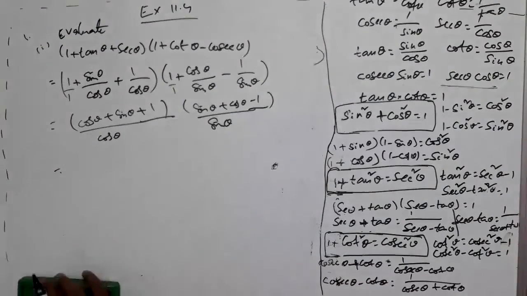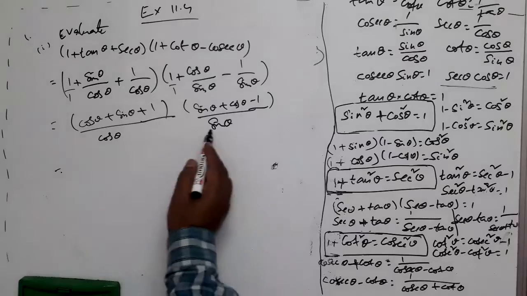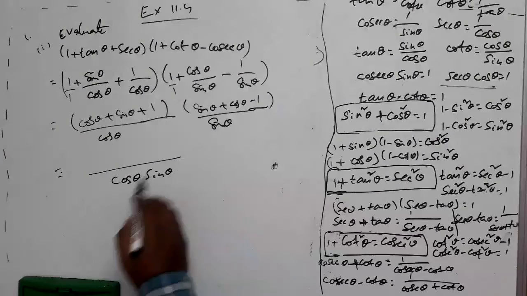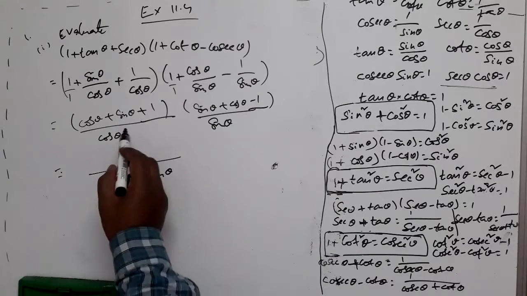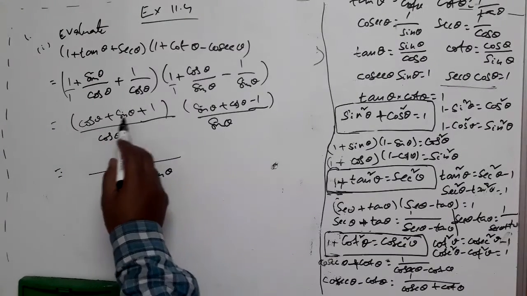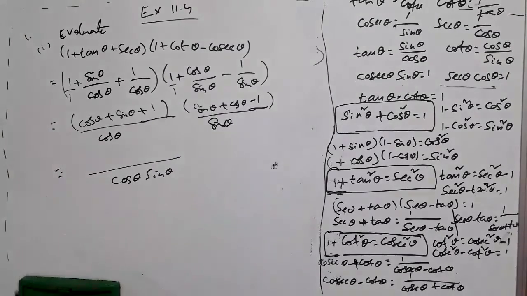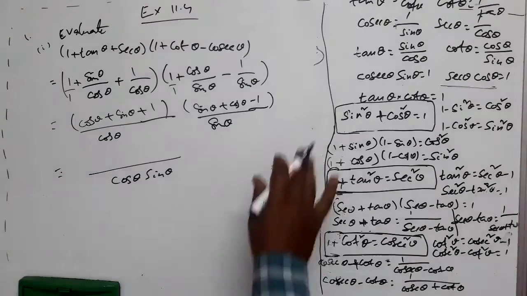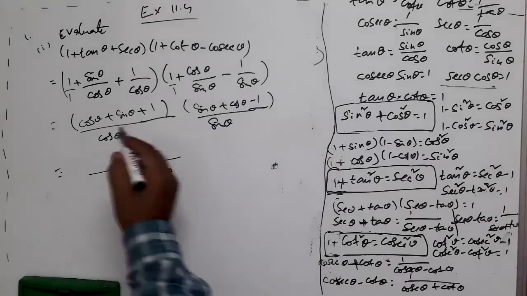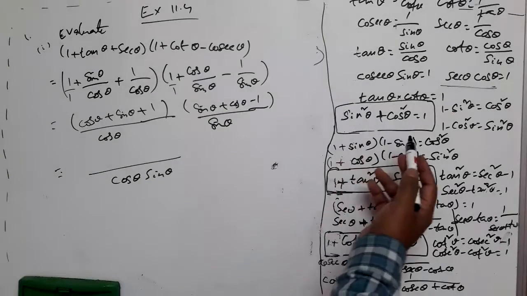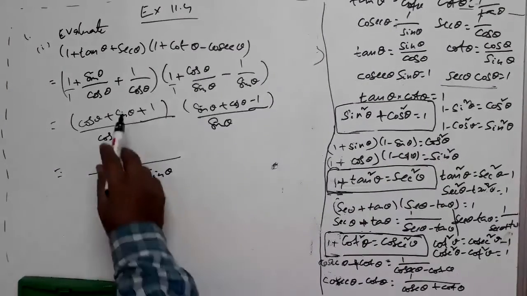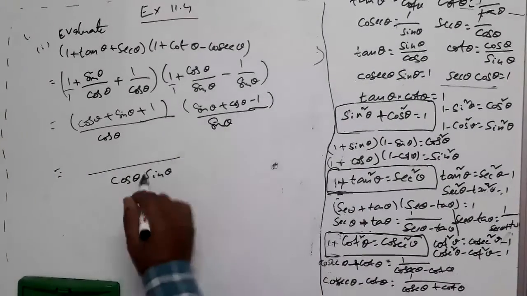Yes. Let us simplify further. This is sin theta into cos theta, the product, as the denominator. Now coming to numerator. See this. This is cos plus sin plus 1. Cos plus sin minus 1. Yes. Do you observe anything which is useful from these three relations? Yes. If you can have sin square theta plus cos square theta, you can replace that by 1. Right? Here sin theta plus cos theta is there. Here also you have that.